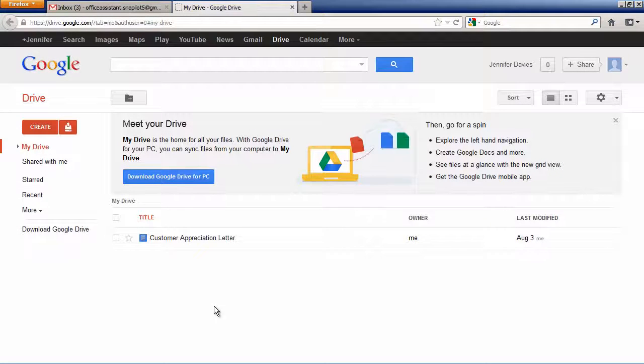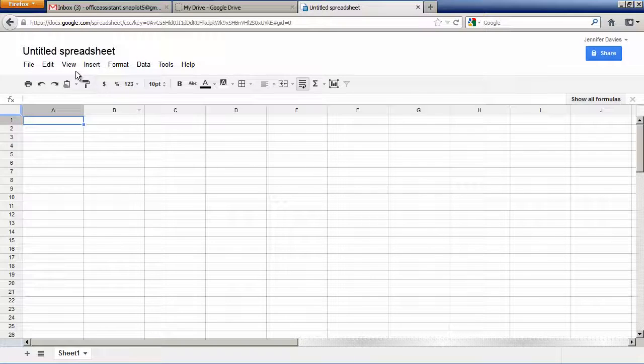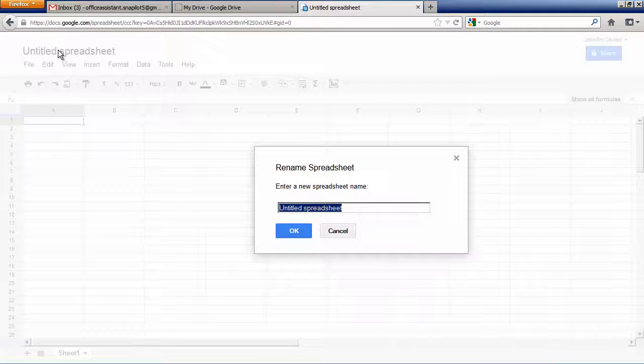So next I'm going to show you how to create a Google spreadsheet and how to give it a name. And then we're going to discuss a bit about the terminology and navigation, because spreadsheets are a bit tricky and they are very different than your Google documents. So first we'll click on Create and then Spreadsheet. Next we're going to give it a name and I'm going to call it Invoice